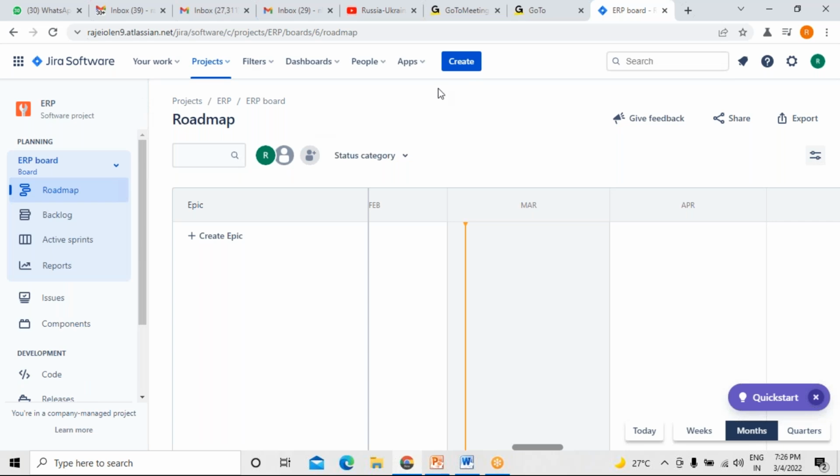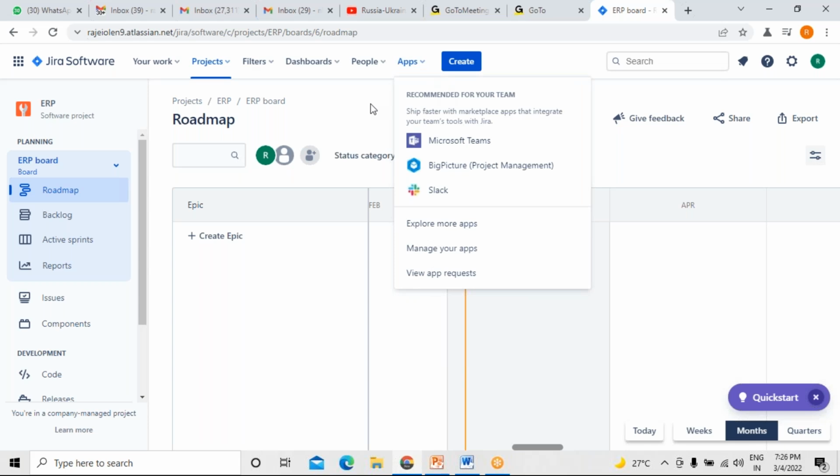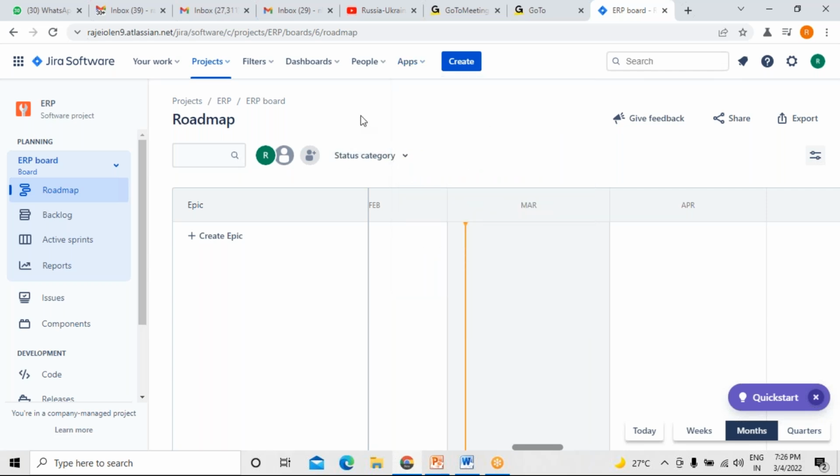But why is this required? Why are we using company managed projects? Because we'll have a lot of team members and a lot of configuration of tools to be added, as I mentioned, right? We are connecting to a DevOps environment, and sometimes to other cloud environments. Whenever we connect to other cloud environments, we have to have some connectivity, some sort of authentication services. At the same time, you have to connect to email.